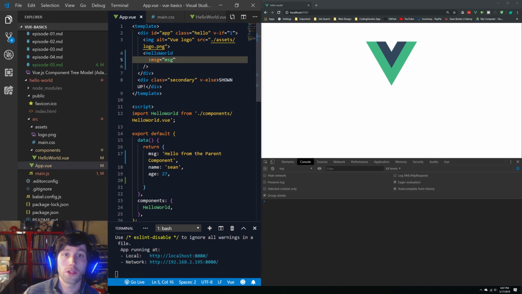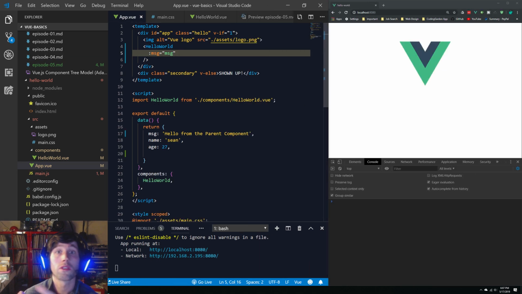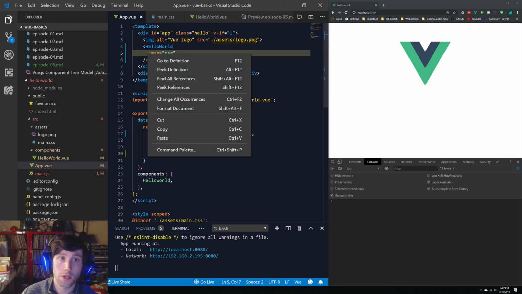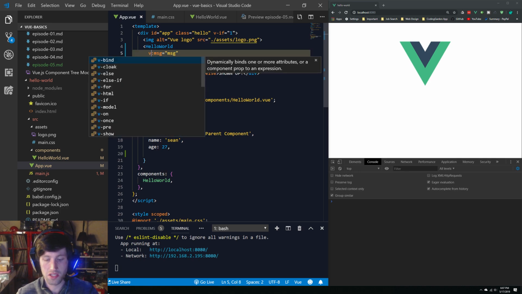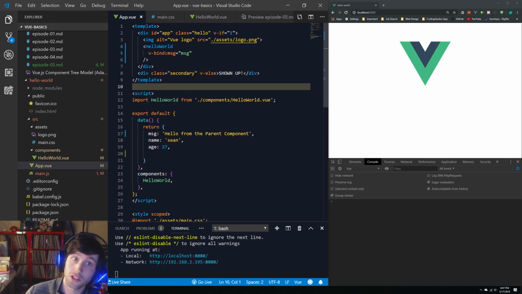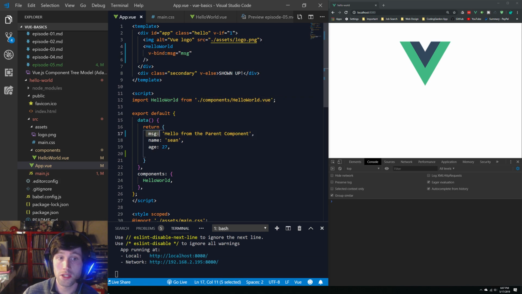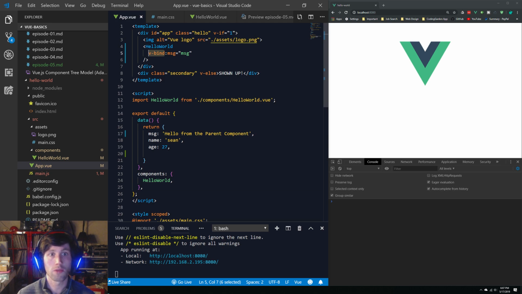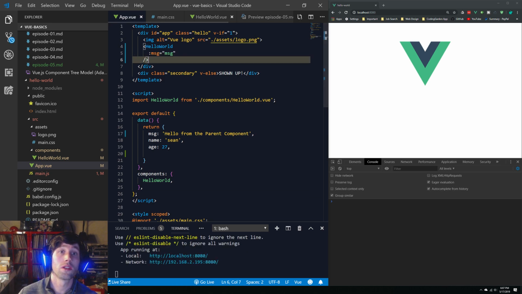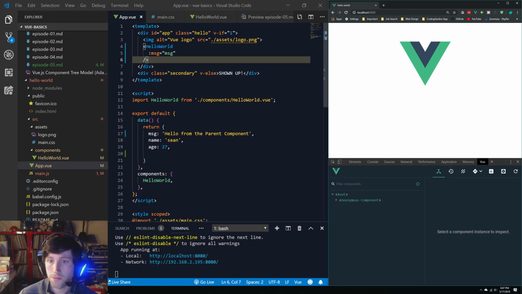So we use props in conjunction with v-bind in order to dynamically pass data into there. Right here you can see it has the colon, and essentially it's saying v-bind:message equals message, and that's referring to our message property on our Vue instance, right? Just to keep a shorthand, the shorthand syntax for v-bind, we're just going to use the colon. And when we look at our hello world, we can take a look at our Vue dev tools, pull up,